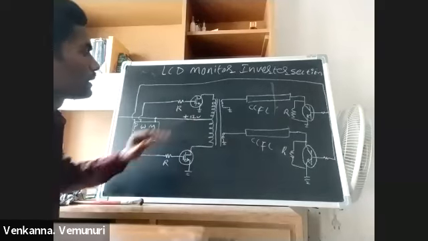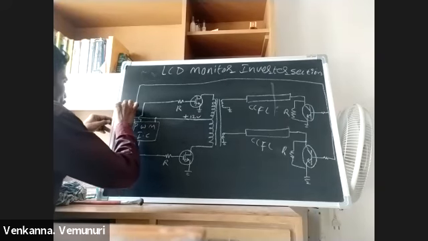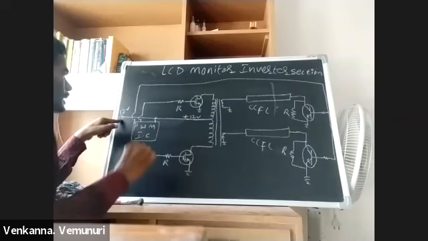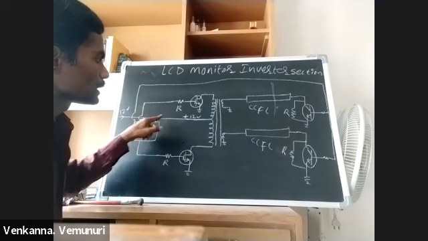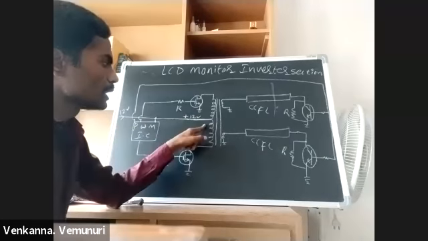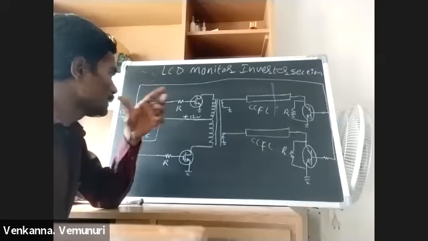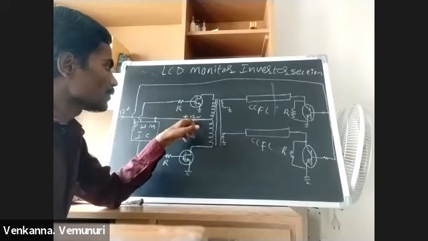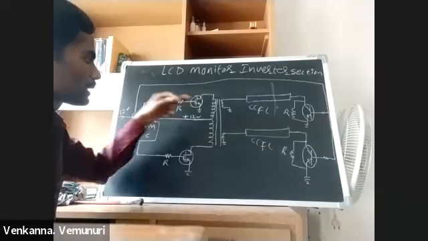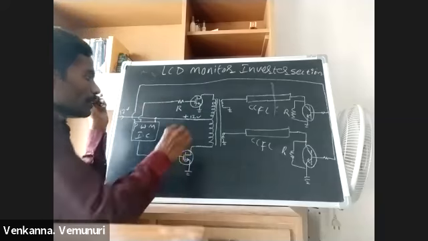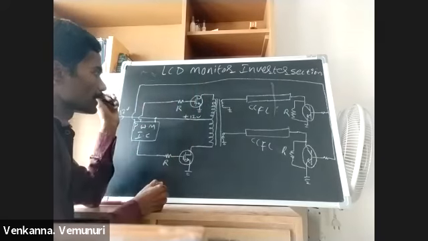This inverter section receives 12 volts from the SMPS. That 12 volts connects to the PWM IC, and also directly to the center tap of the primary winding of the step-up transformer. The transformer's positive voltage connects to the center tap, and the remaining leads each connect to a switching FET.